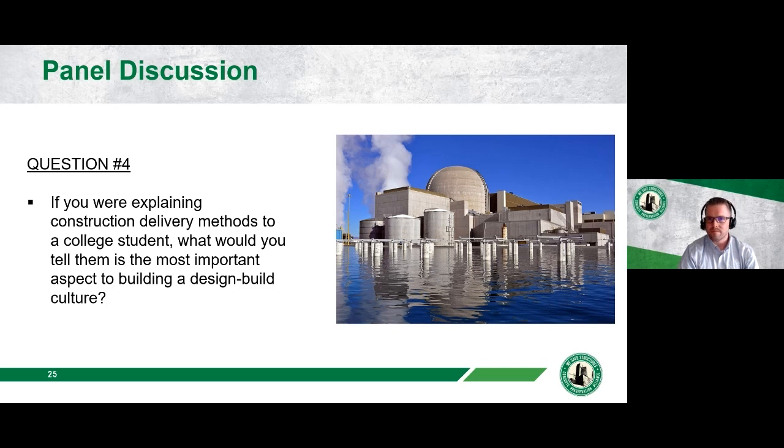Perfect. Anna? From my standpoint, it's really that shift to an integrated mindset. In a truly effective design-build team, halfway through you almost forget who works for which company. It's just, oh, this is Joe working on the project. This is Frank, this is Susan working on the project, and it becomes more of the team and that integrated